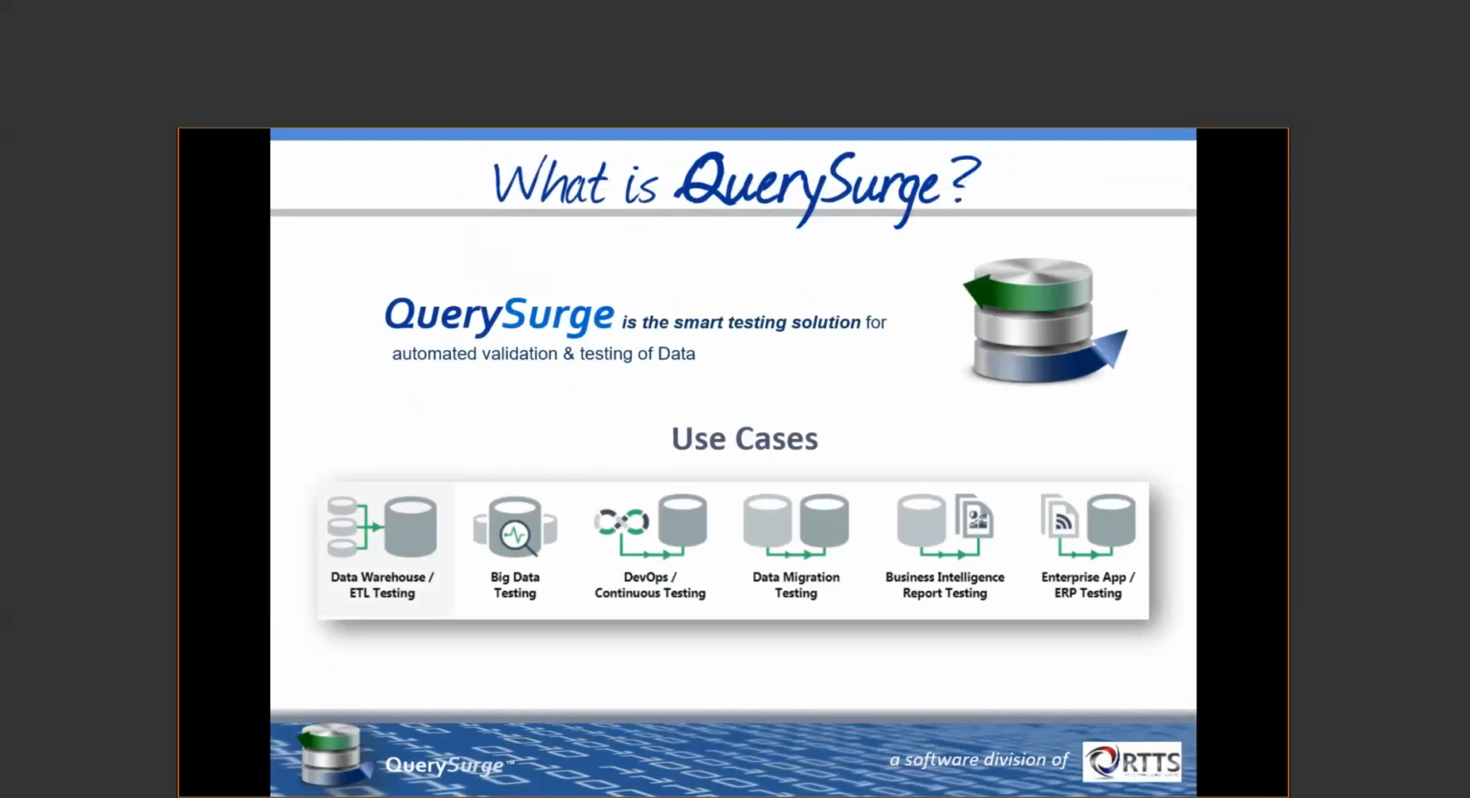So what is QuerySurge? It's the smart testing solution for automated validation and testing of data. Our use cases are listed here. Customers use QuerySurge to test their data warehouse and ETL processes as data comes over from those various sources to verify that it's loaded into the data warehouse correctly. QuerySurge can also validate big data systems, whether it's Hadoop or MongoDB or some of the cloud architectures that are out there. QuerySurge has the capability to connect to those and validate that the data is being loaded into those